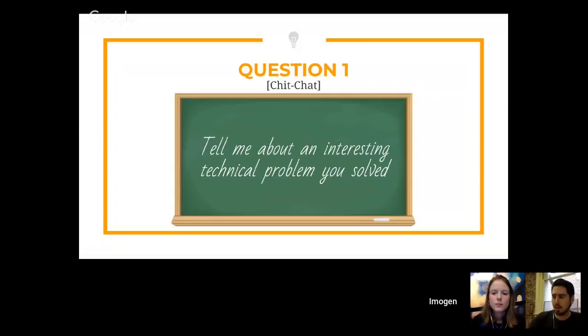So a chit chat question that you might expect to get could be something along the lines of, so tell me an interesting technical problem that you solved. So this can cover any number of things, but essentially, a question like this is meant to elicit a response from you that your interviewer can see, you having faced some sort of technical challenge in the past and having you share your mindset around how you approach that problem,